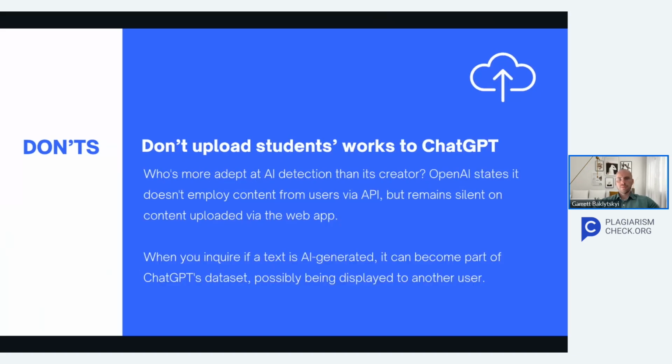Another don't, do not upload students' assignments to ChatGPT or other AI generators, asking them to tell if this assignment was AI generated. These tools are not trained to provide an answer like that. They do not know how to analyze if a text is AI generated. So even if they sometimes provide you with a correct answer, it doesn't mean that they are reliable. Another issue is that AI generators may reuse the text that you upload to them and show this text partially or totally to another user who uses a similar prompt, which violates students' intellectual property.